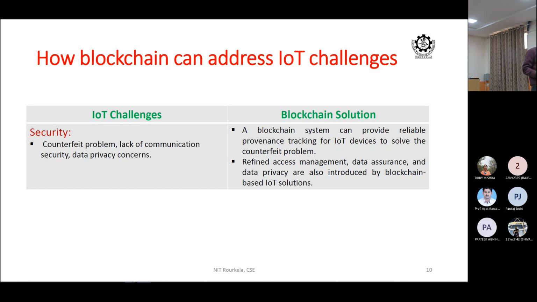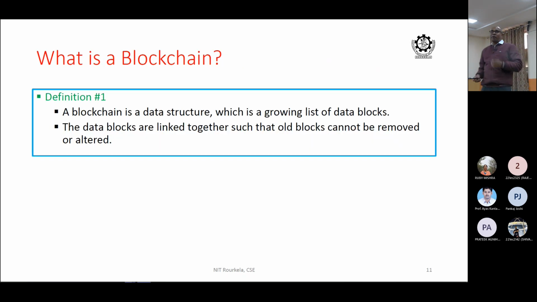So what we discussed? We looked at the problems with the IoT infrastructure, and we looked at whether there is a way to solve this problem through a blockchain. So there is a way. It's not that all the problems can be solved by the blockchain. Some problems can be solved by the blockchain, some cannot. Somewhere you can use the blockchain. In some scenarios, the blockchain is not advisable to use. So let's look at the blockchain part. So what's a blockchain?